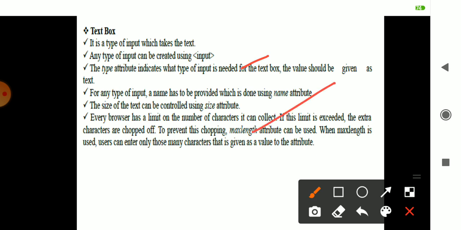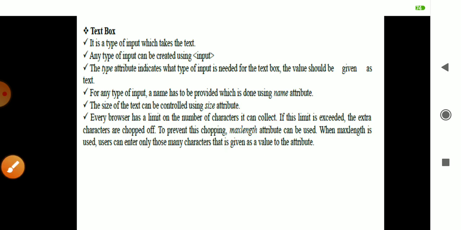And for naming, you can give a name to the data entered through the name attribute. Then I can give the maximum and minimum size of the data. Size is nothing but I may give 20 or 15 or 2, whatever size it is. I may mention a certain size, that is your size attribute. And maxlength is how long your text box can be. All these attributes are present in the text box.